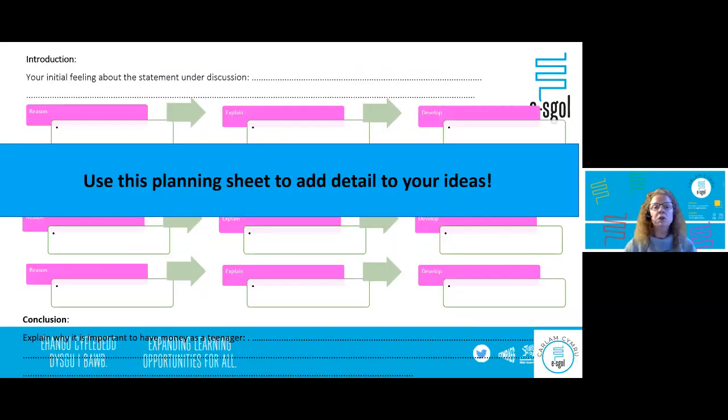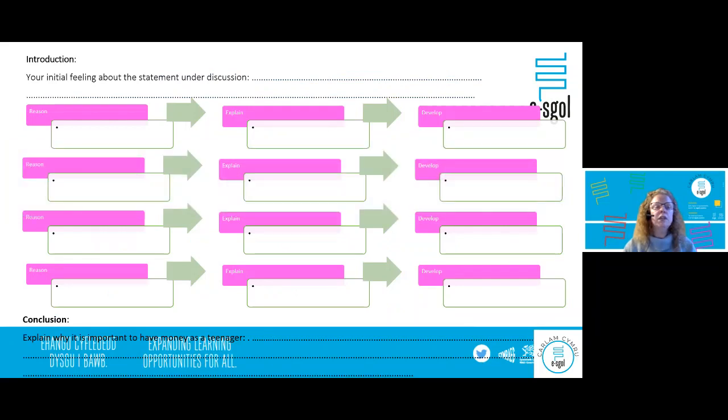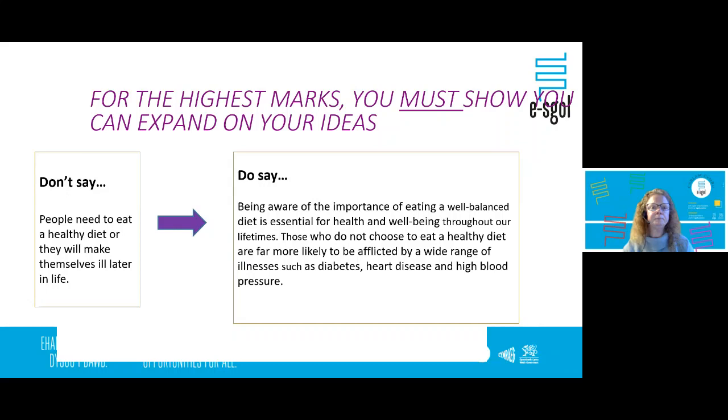This is another way that you could do it. So you take your initial feeling about this discussion, about the statement. That's your introduction. And then here you have 3 or 4 main reasons, which you then explain and develop using the structure you've just seen, and then a conclusion. Okay, so hopefully that's helping you to think about how I'm going to break this down. You've got to have the ideas, and then you break it down and you make sure you've got 3 things to say about those ideas.